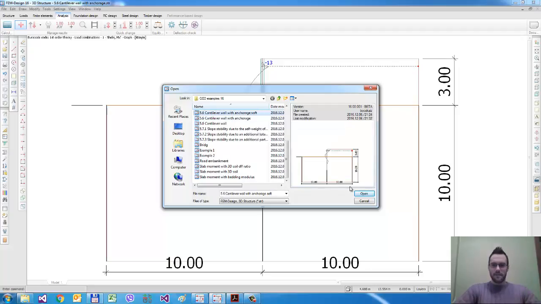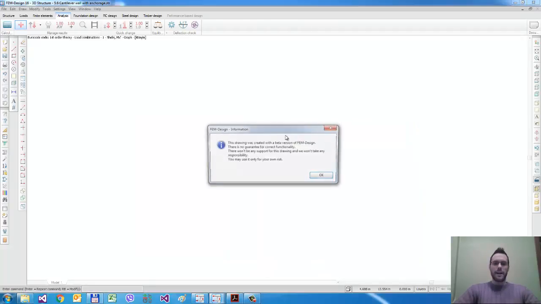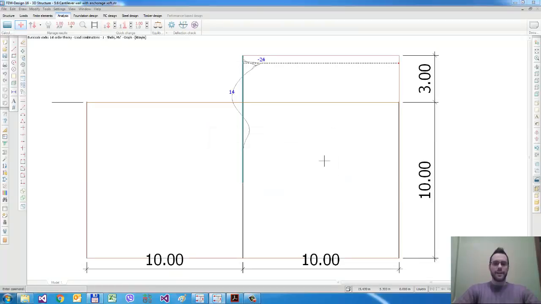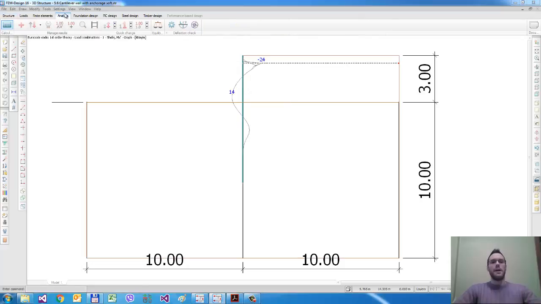So let's see, if I apply not a 20 centimeter thickness, then just here I can check the thickness of the wall is just 5 centimeters. And if I check the bending moment distribution, you can see here a completely different bending moment distribution, because in this case the rigidity of the wall affects the final